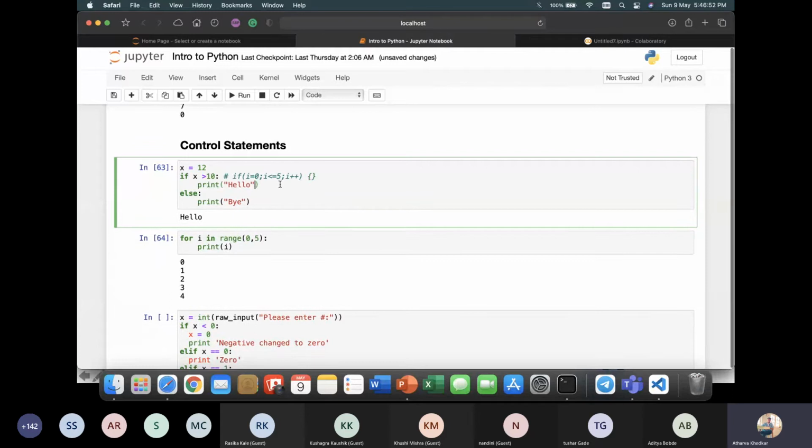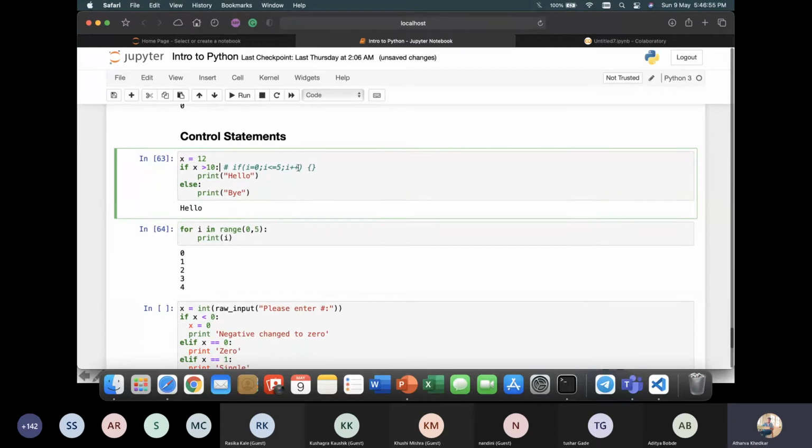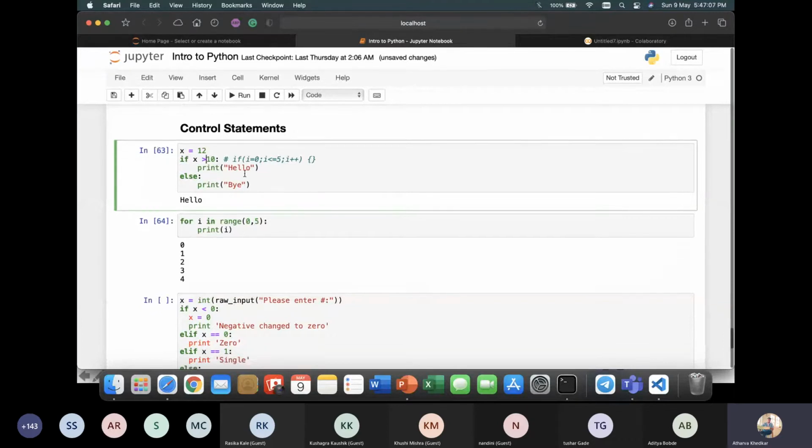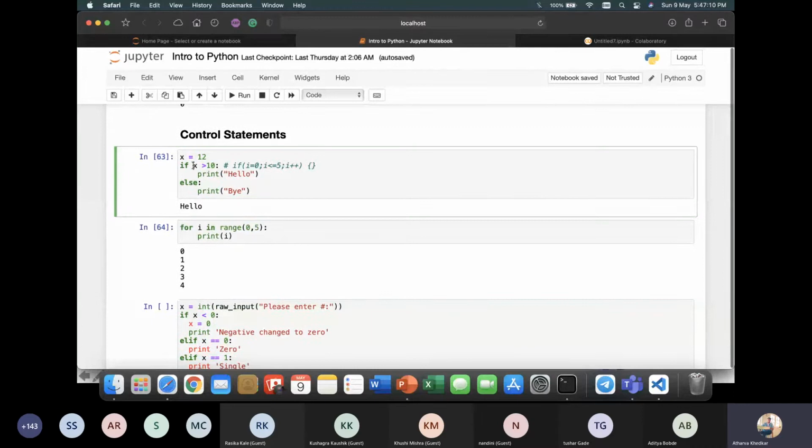But what happens with Python is that instead of these curly braces, you have a thing called indentation. And indentation is nothing but just spacing in front of writing the body of any control statement or any function or whatsoever. So I write a control statement. Sorry, it's an if statement. What am I doing? I thought it's a for. Sorry. So this thing in C or C++ would be equivalent to this.